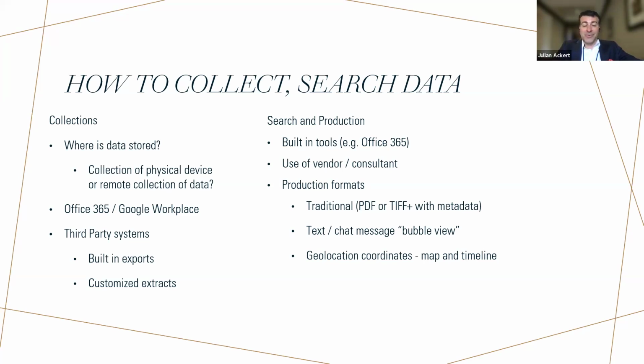So in some instances, we've seen collection of emails in PDF format. And that doesn't work very well because now I can't mine that information and run searches against who sent communications to whom during what date ranges. I have a problem because I've collected in a certain way, but I'm not thinking about search and production. So collection has to think about, what am I going to do with this in search and review, and how am I going to present it to the other side, production?